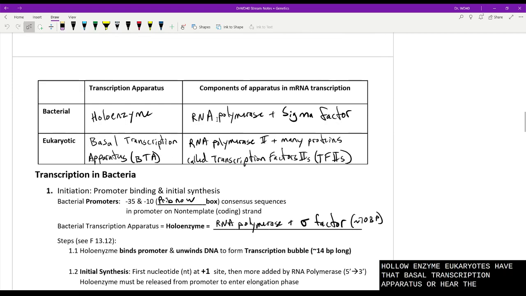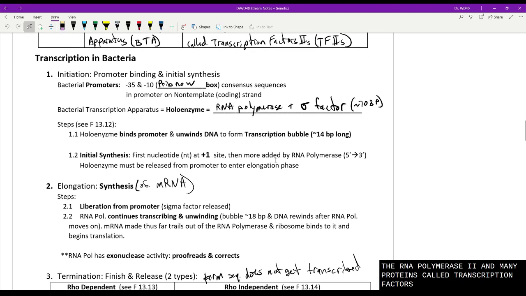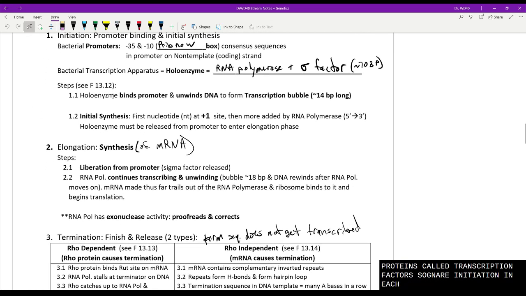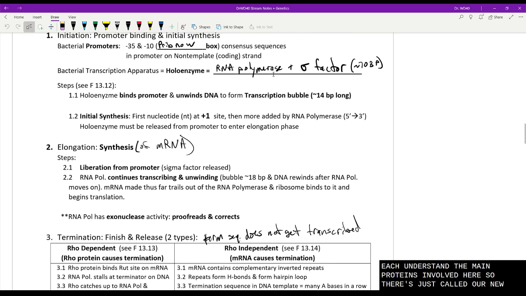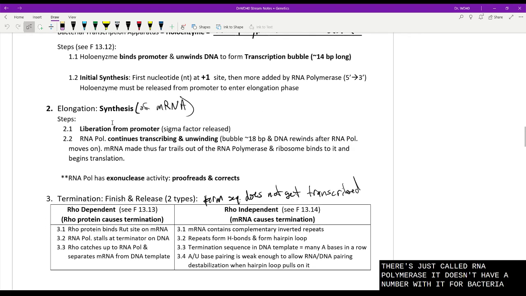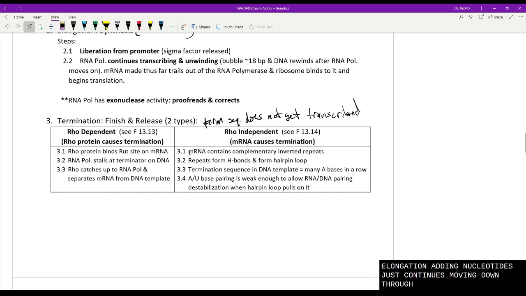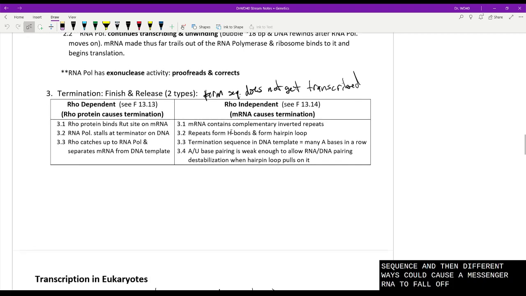So here, bacteria have the RNA polymerase and the sigma factor. Eukaryotes have RNA polymerase 2 and many proteins called transcription factors. So for the initiation in each, understand the main proteins involved here. So it's just called RNA polymerase. It doesn't have a number with it for bacteria. Then here, elongation, adding nucleotides, just continues moving down through, and then it hits the termination or the terminator sequence, and then different ways could cause that messenger RNA to fall off, and